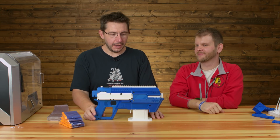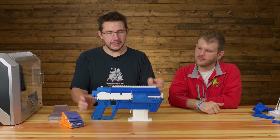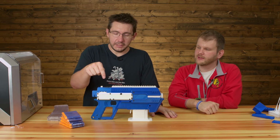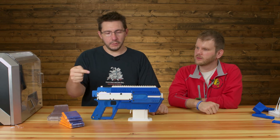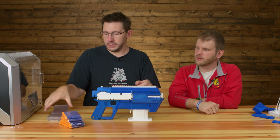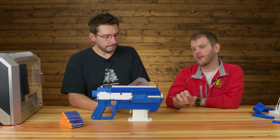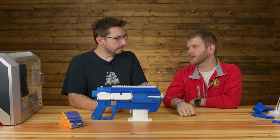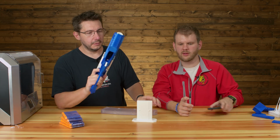That's all I got. There are two flywheels that are 3D printed, and they spin at a high rate of speed to propel the dart out. Really freaking fast. There's a motor back here that turns a wheel that has a pusher. So it goes push, push, push, and it pushes the darts out of this magazine. I'm really surprised at how fast it goes, being that it's all 3D printed plastic. That to me is just crazy. It's nuts because when you...